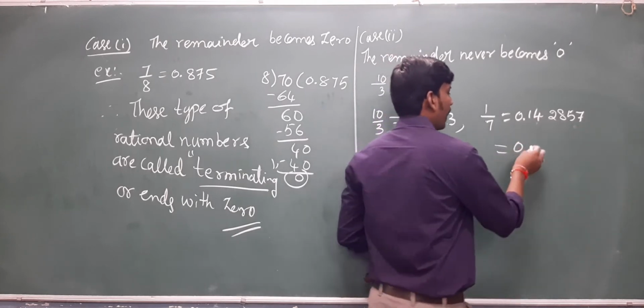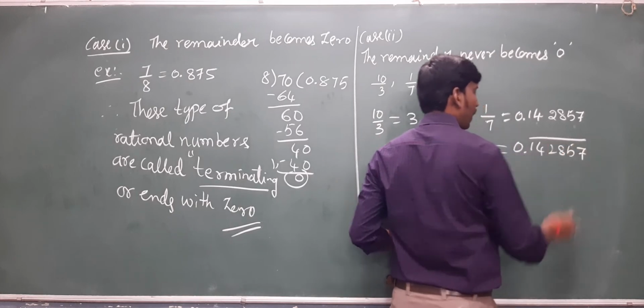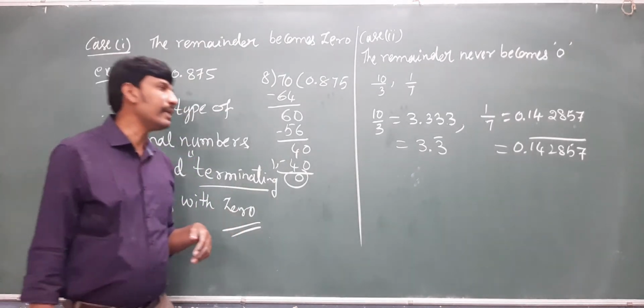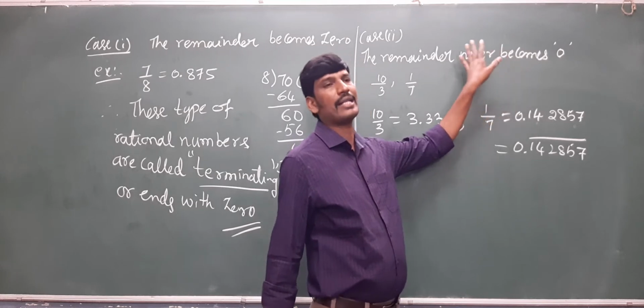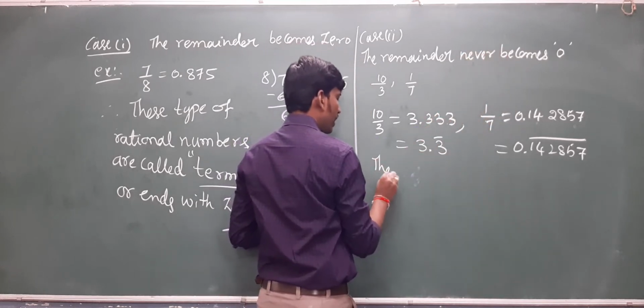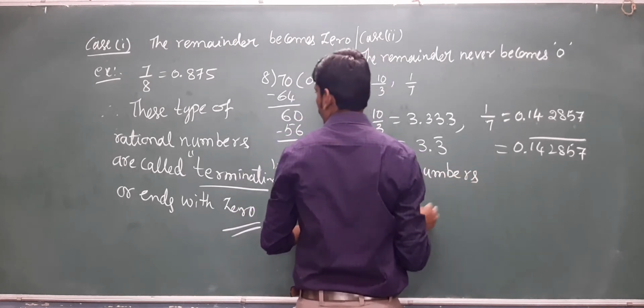So in this case, we should write 142857, this is totally bar. So what type of numbers are these called? These numbers, where the remainder never becomes 0, so these type of numbers are called